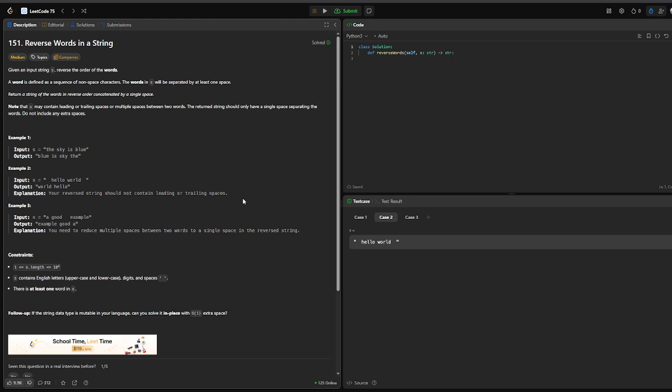Once we have it cleaned up a bit, we can then split the whole string into an array. And then once we split that, we can iterate in reverse order to create the new array